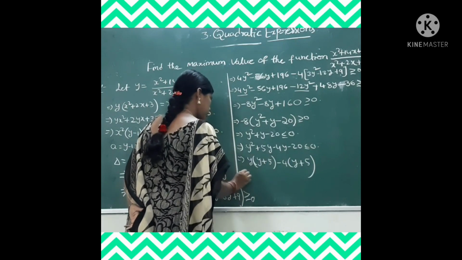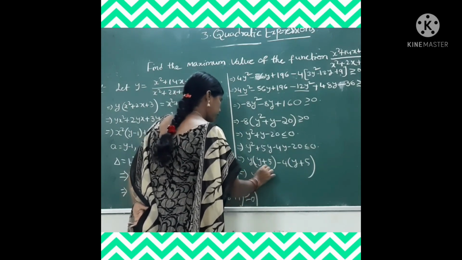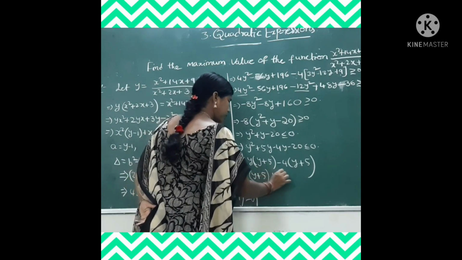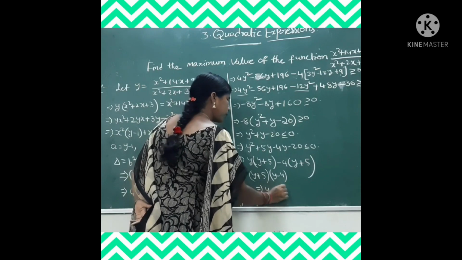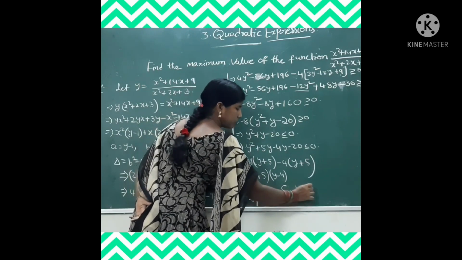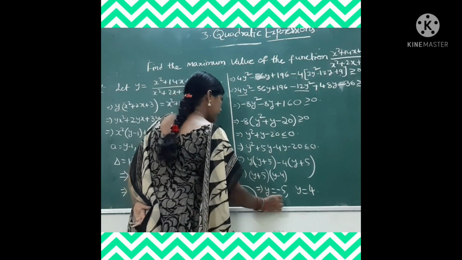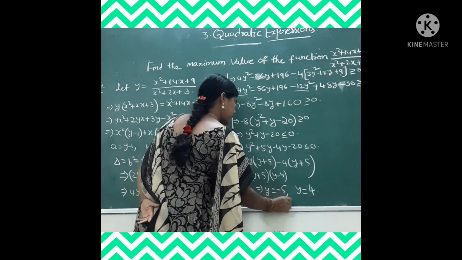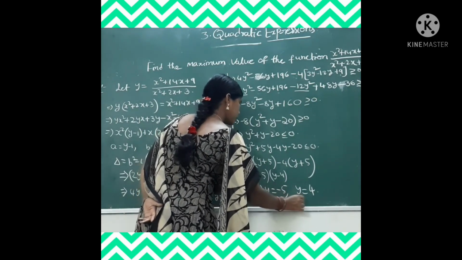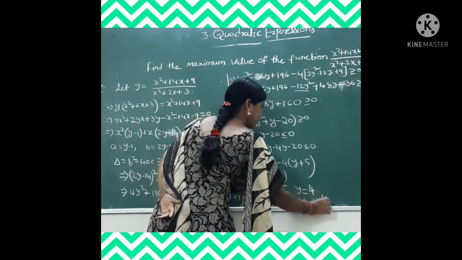Okay, understand? And we get y plus 5 and y minus 4. That is, y is equal to minus 5 and y is equal to 4. So therefore y is, minus 5 is less than or equal to y is less than or equal to 4. That implies y belongs